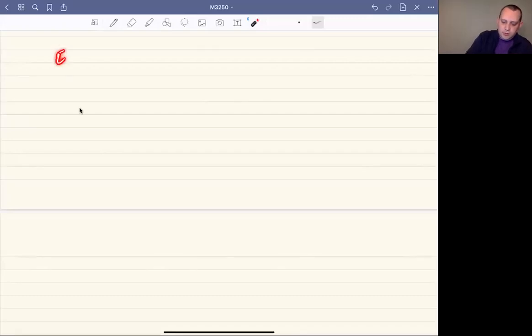In our next example, again using the principle of mathematical induction, what I want to do is I want to prove the following. Let's prove that if x is a real number not equal to 1,